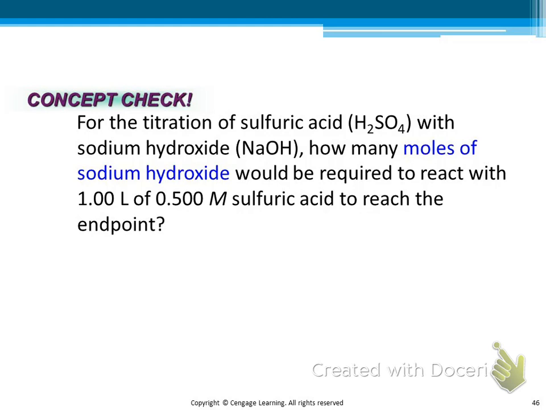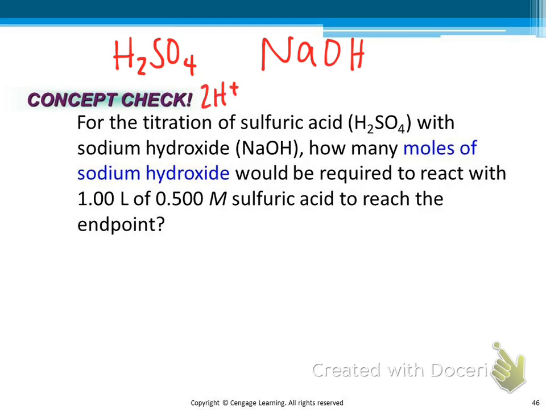Sulfuric acid and sodium hydroxide. H2SO4 and NaOH. I want to think about these in terms of the ratio between hydrogen ions and hydroxide ions. My ratio is 2 H+ to OH-, right? I have twice as many hydrogen ions as hydroxide ions, so I just want to lay that out for now. We want to find out how many moles of sodium hydroxide are required to react with this